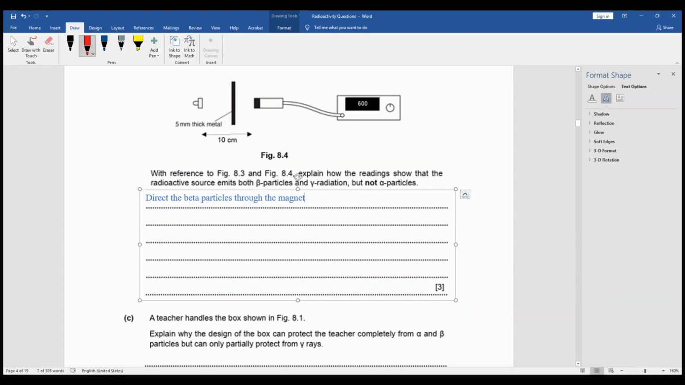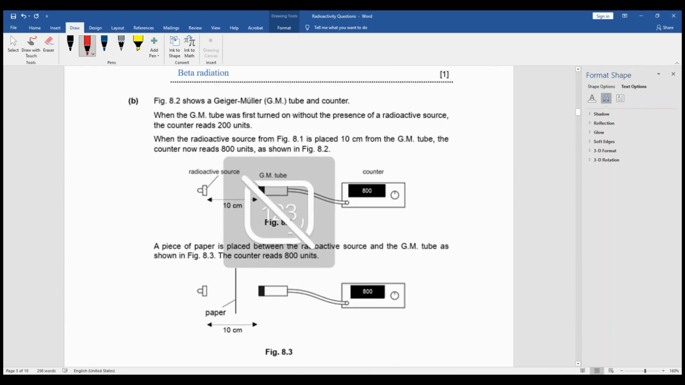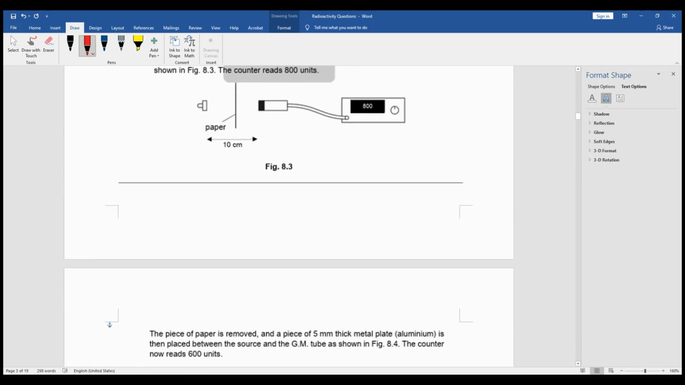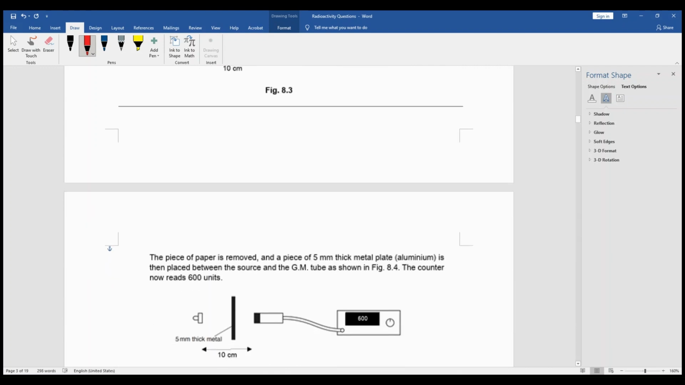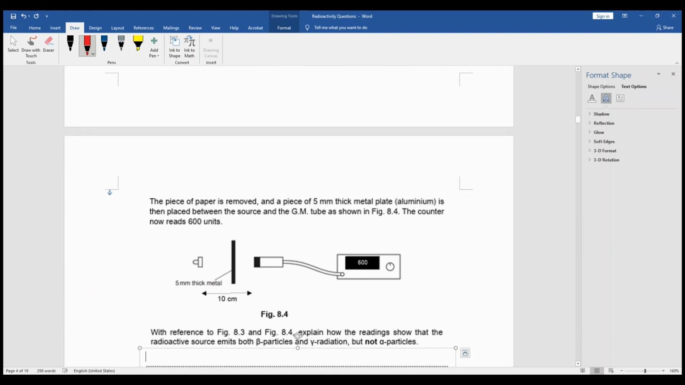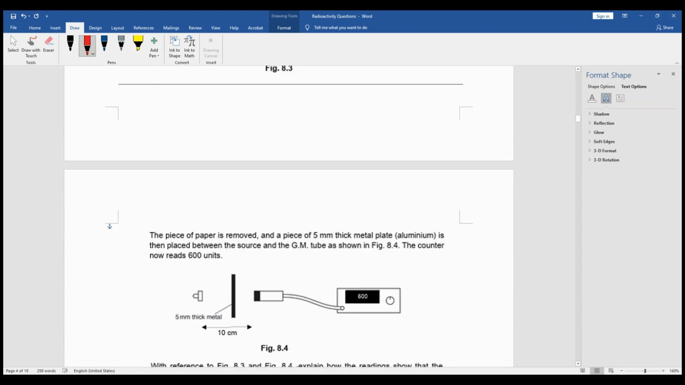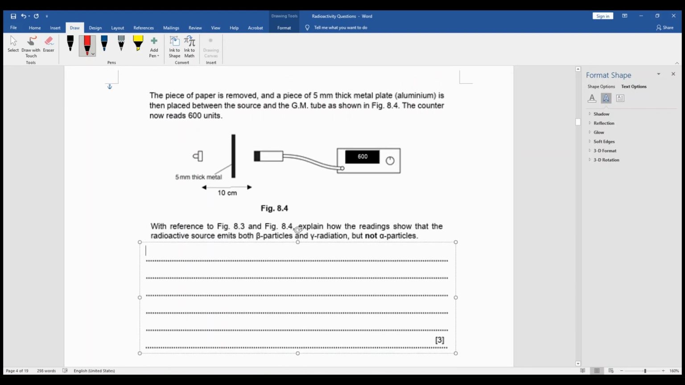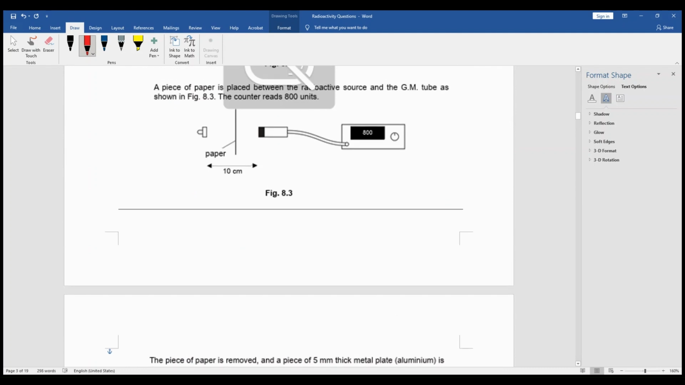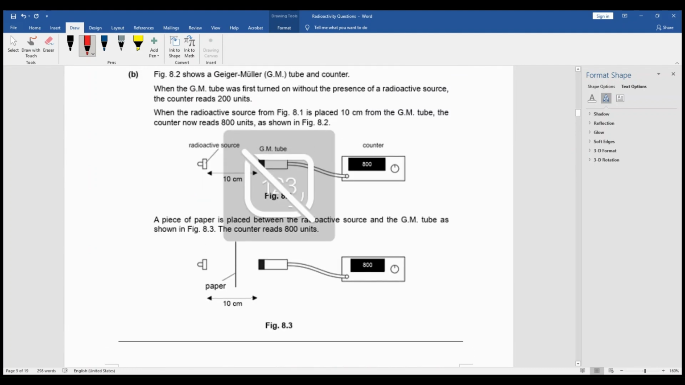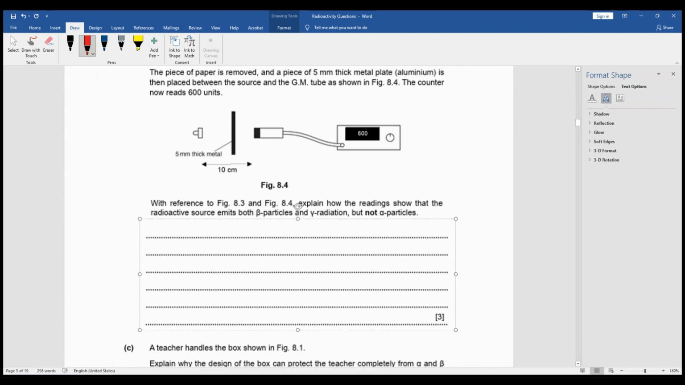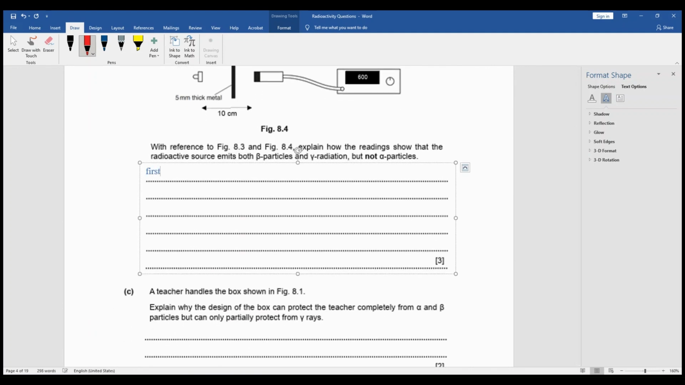Okay, but I think the question, take note, don't explain extra stuff. How to show that it emits only beta and gamma, but not alpha? Okay, the background radiation is 200. So first thing, it does not have alpha because once you block with paper, it is still reading 800. So we can certify that there is no alpha because paper will block all the alpha away. Okay, so first,